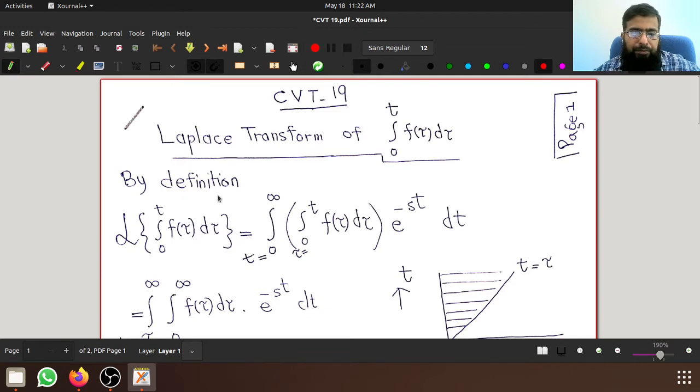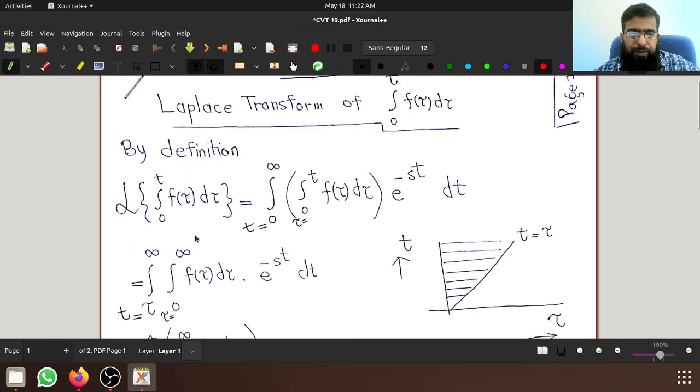But by definition we know that the Laplace transform for any function is the same function times e to the minus st integrated from 0 to infinity, and these limits are for t from 0 to infinity. But here, instead of the function, we have the integral of the function. So instead of f of t, we put this whole integral here,